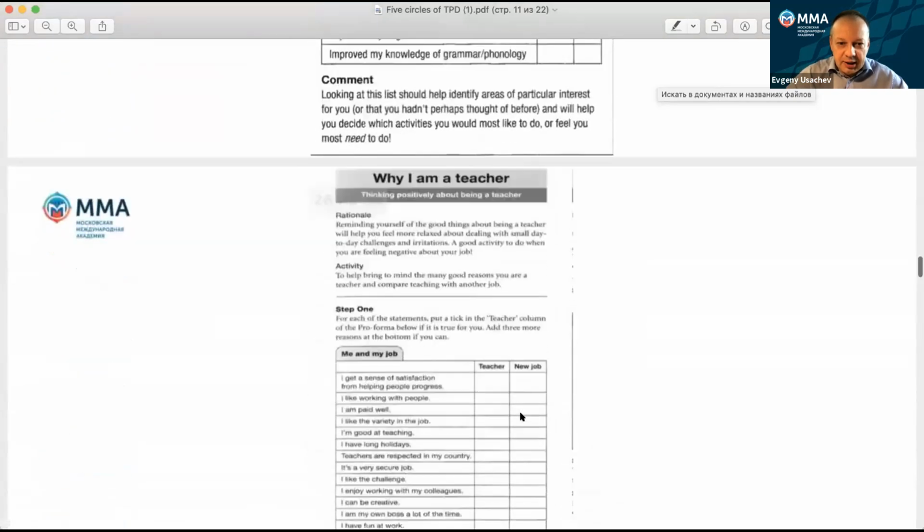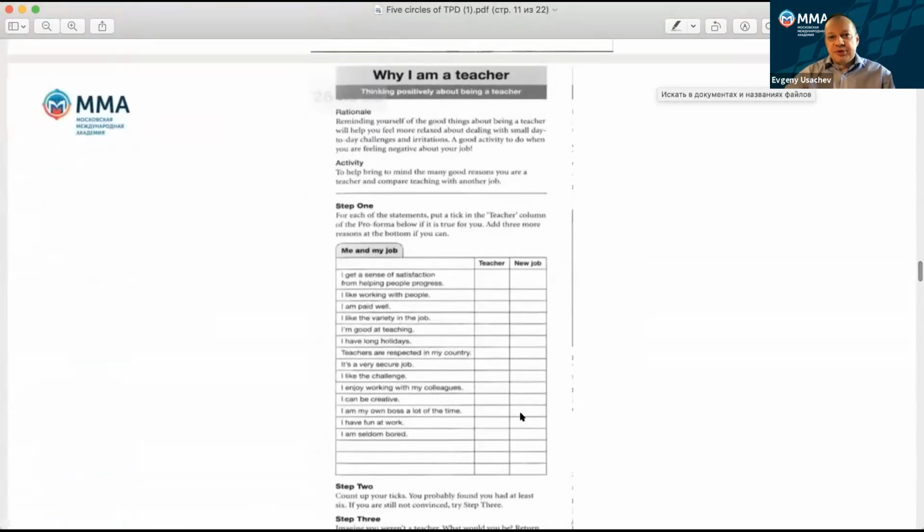Okay. Another interesting activity which I particularly like, and in our teacher training programs we did it, is called "Why I Am a Teacher," right? It helps to bring to mind many good reasons why we are teachers, and compare teaching with some kind of other job. For each of the statements, we put a tick in the teaching column of the so-called pro forma below.